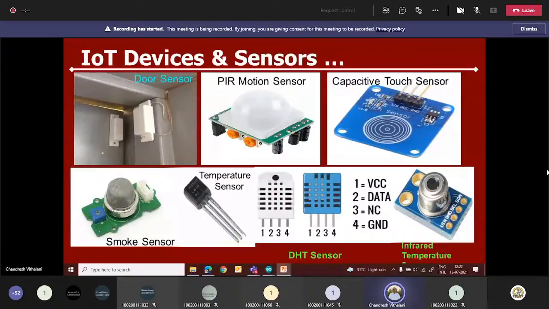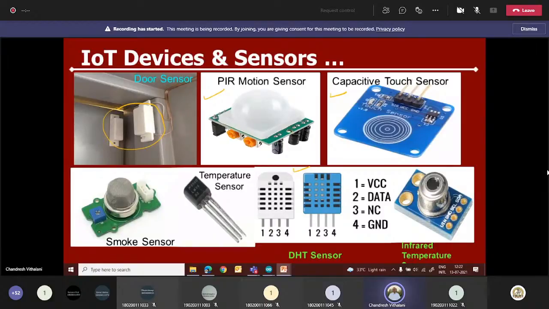So there are different hardwares available, different sensors available. These are a few more sensors here. This is a door sensor. Whenever a door is close to this, the sensor will provide you an active low signal. Otherwise, normally it will be active high. PIR motion sensor, capacitive touch sensor, then digital humidity and temperature sensor, DHT sensor.